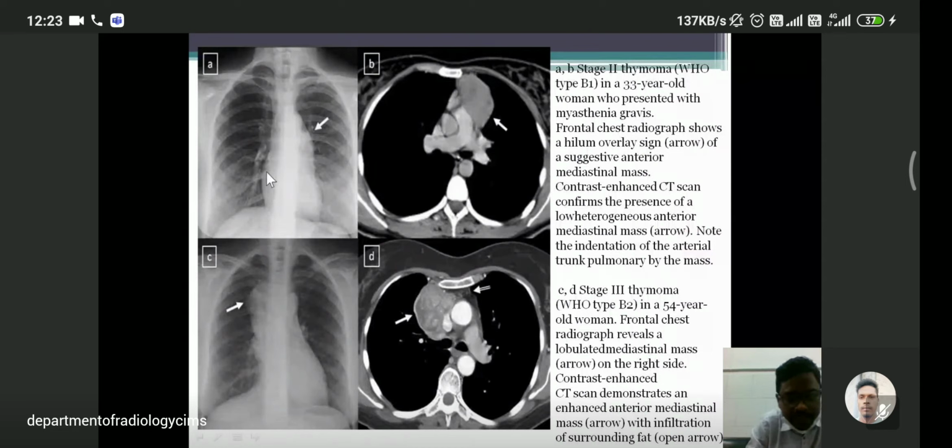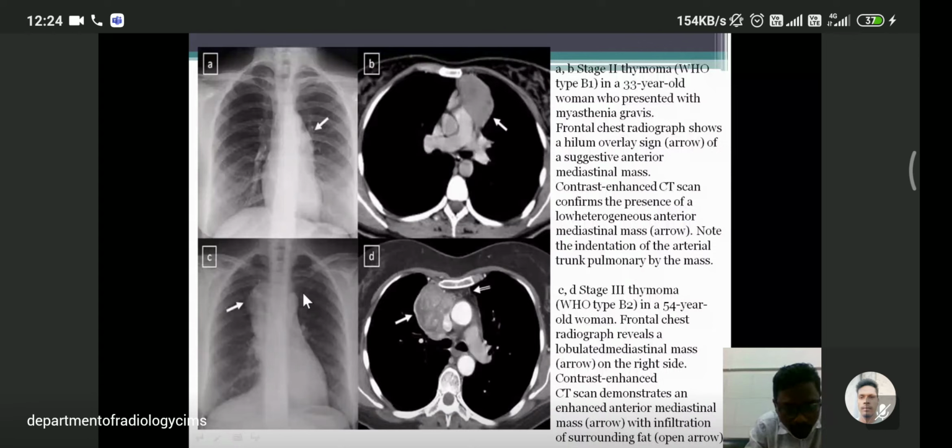In this X-ray PA view, we can see there is a mass lesion noted in the left hilar region. We can even clearly see the hilar vessels through this mass. So this is the mediastinal mass, and these masses are usually located in the anterior mediastinum. For confirmation, CT was done, and this is the cross-sectional CT image showing a well-defined heterogeneous mass lesion present in the anterior mediastinum,